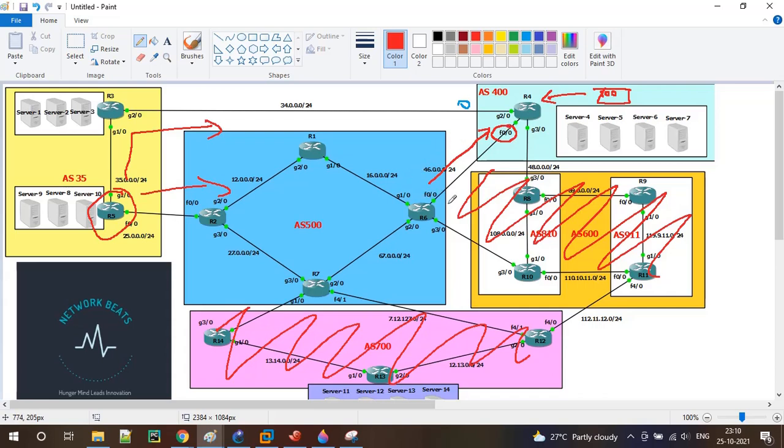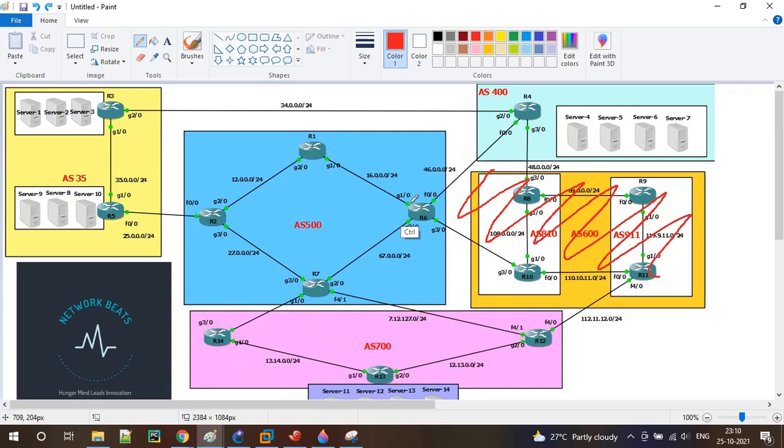When I say neighbor basis, whatever routes we receive from that particular neighbor, we set that weight attribute for all the routes. Here I have set the weight attribute for the neighbor R6. So whichever prefix I learn via R6, R4 is going to keep that weight as 100.